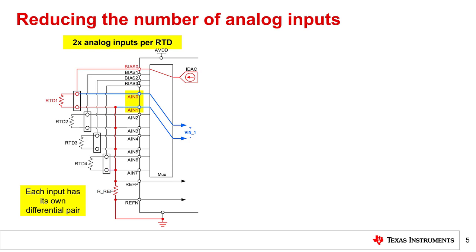One benefit of this configuration is that it tends to make the PCB routing more symmetric and simpler. Though not shown, each RTD input requires an anti-aliasing filter comprised of resistors and capacitors. Choosing an independent differential pair for each RTD makes the placement and routing of these components much easier compared to choosing a solution with shared inputs. Additionally, independent differential pairs enable the components to be placed closer to the ADC pins.